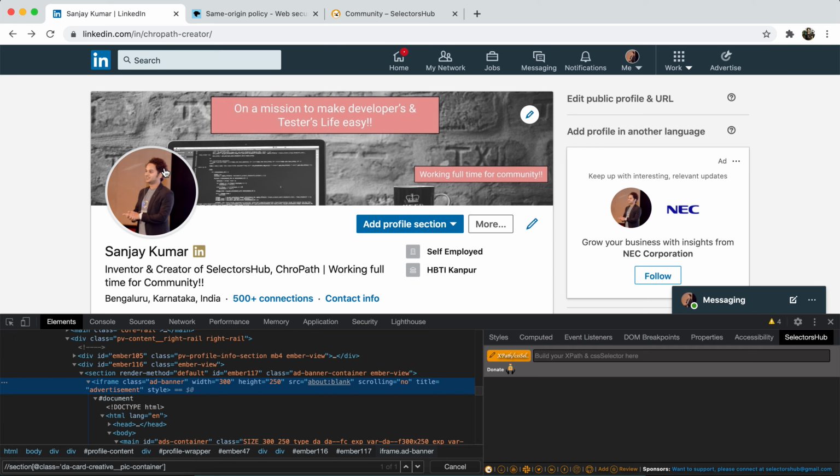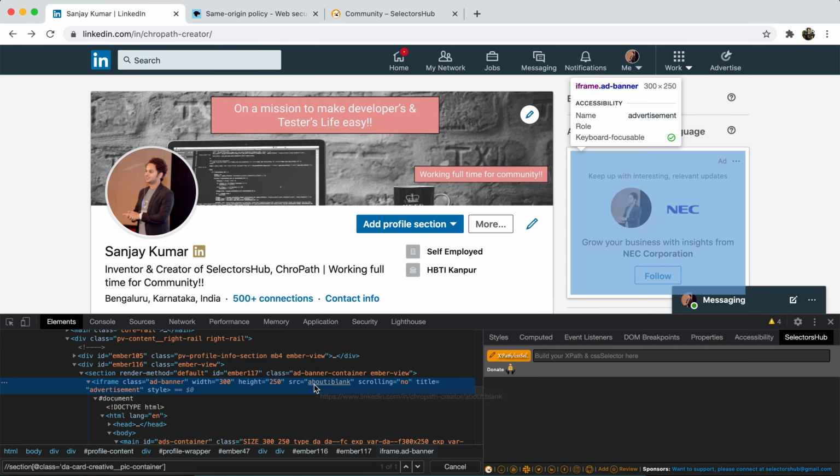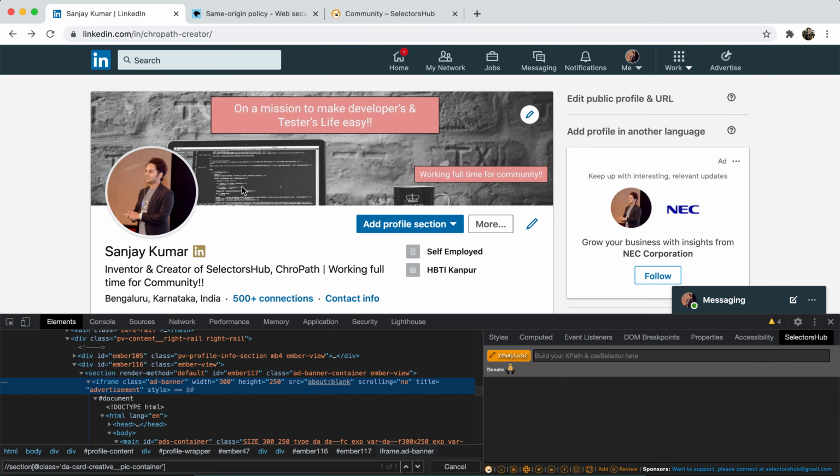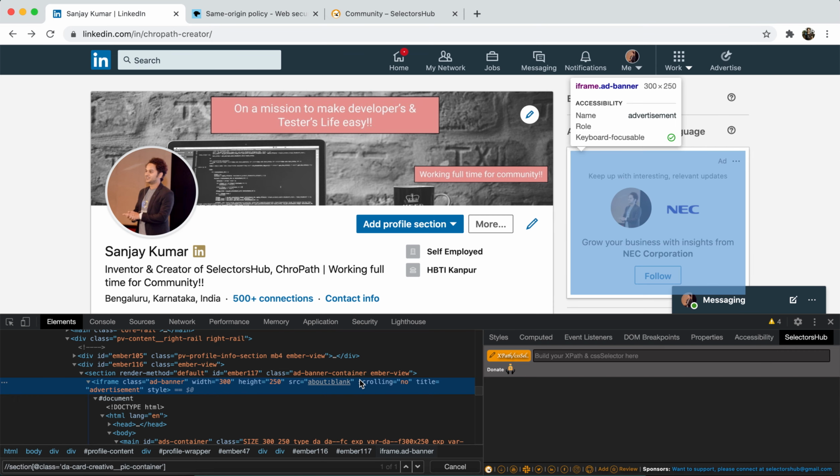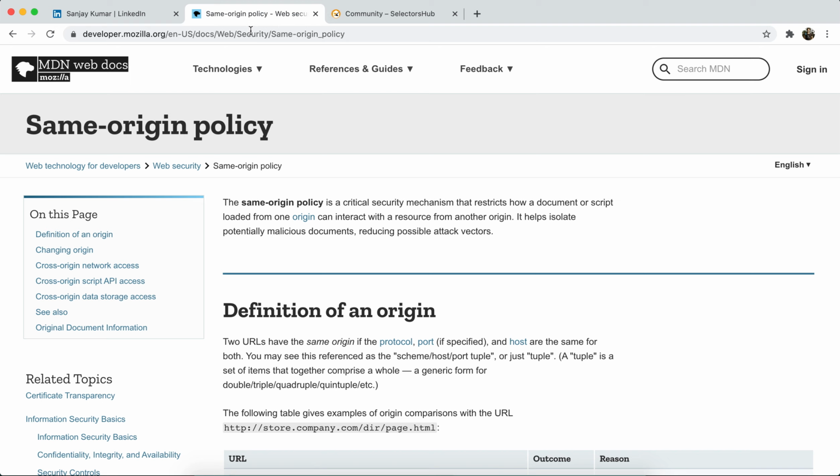The reason I say source or origin is that a couple of things should match. It's not just that if you find linkedin.com and this is also coming from linkedin.com, then you can say this is from the same source. There are a couple of things, like the port should be the same, the protocol should be the same, then the domain should be the same. A lot of things should be the same, and only then it will be from the same origin. There is a policy called the same origin policy.